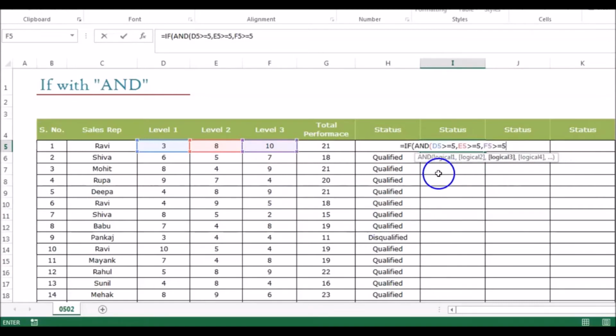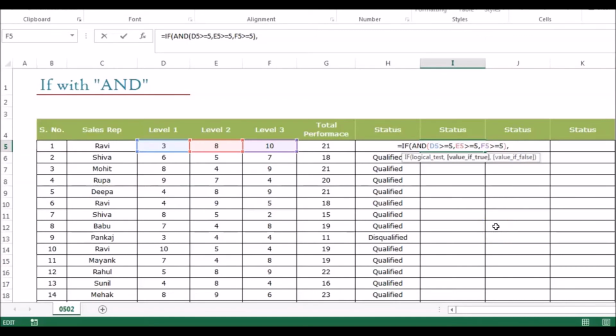Have a look, guys. As and when I close this bracket, the parenthesis, you will see the syntax of IF come back. So I'm going to close the bracket here and the syntax of IF will come back. Now, it is not the job of IF to find out whether in all the levels the value is 5 or more than 5, but this is the job of AND. So collectively, if the result of this condition is true, it means the person will be treated as qualified.